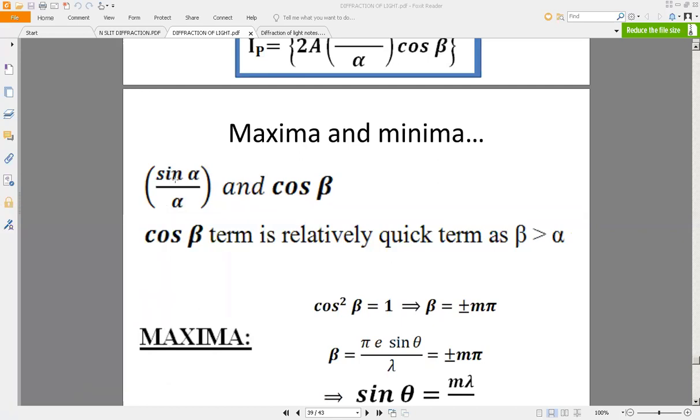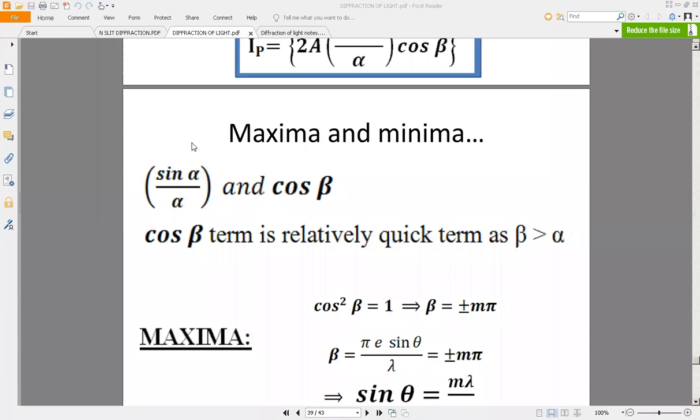See, if you have a single function, you can just calculate where the minimas and maximas are going to be. But if you have a product function, then the term is going to be complicated. In the earlier case, I could take dou I by dou alpha equal to 0, the partial derivative of the function with respect to alpha equal to 0. But if you are dealing with two variables, alpha and beta, the derivative is going to be complicated and it is not possible to solve. Right? So with a little common sense, you can easily solve it.